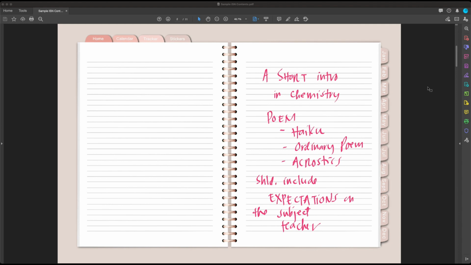A short intro into chemistry. It could include your expectations on the subject or the teacher. Just a very short introduction, paragraph or so. Now,